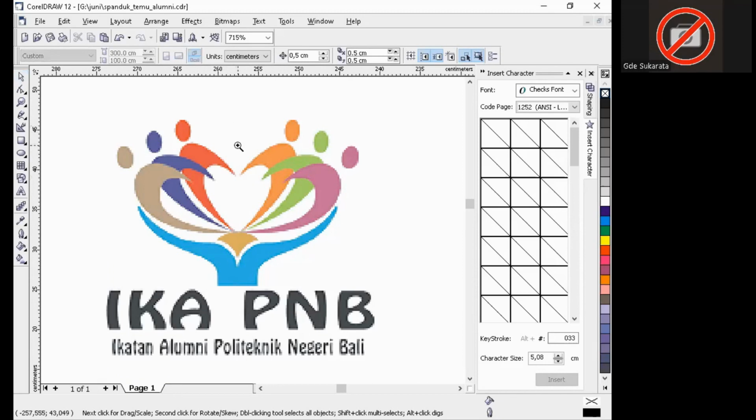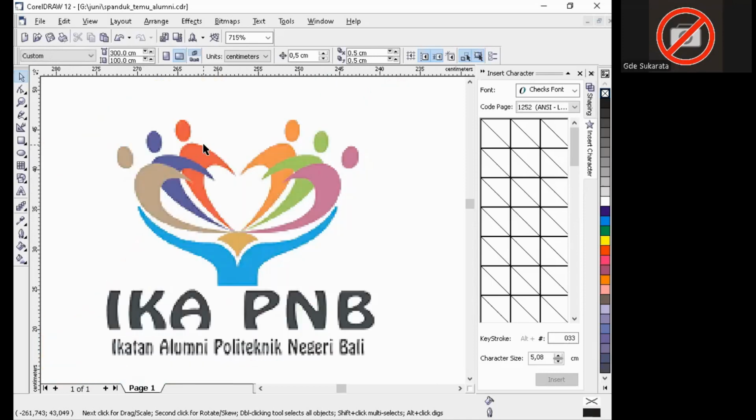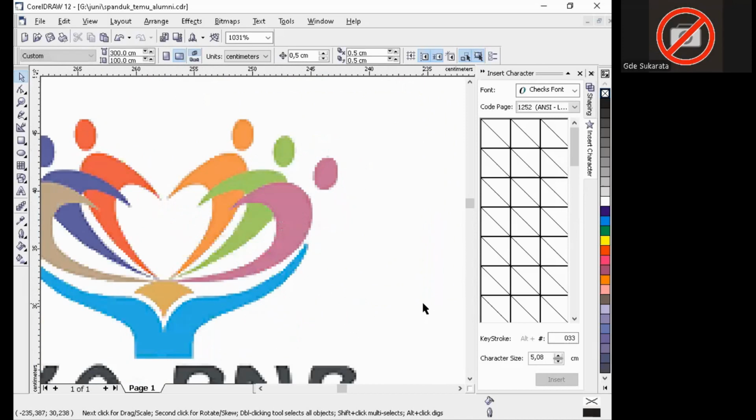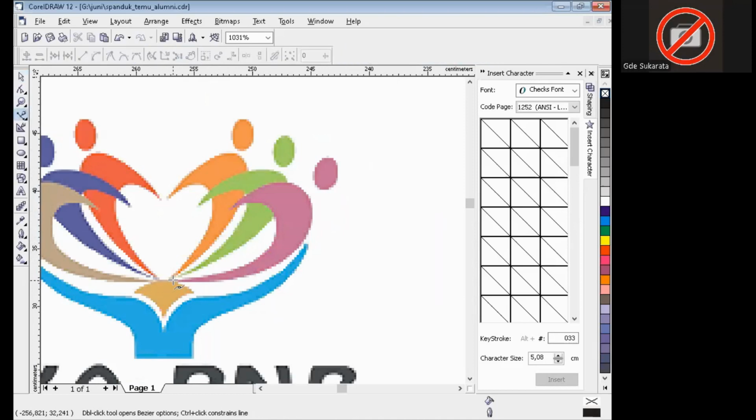Okay, I'll zoom first like this. Okay, make your comfortable view. Okay, I will use Bezier tool. 1, okay, 2, maybe 3.